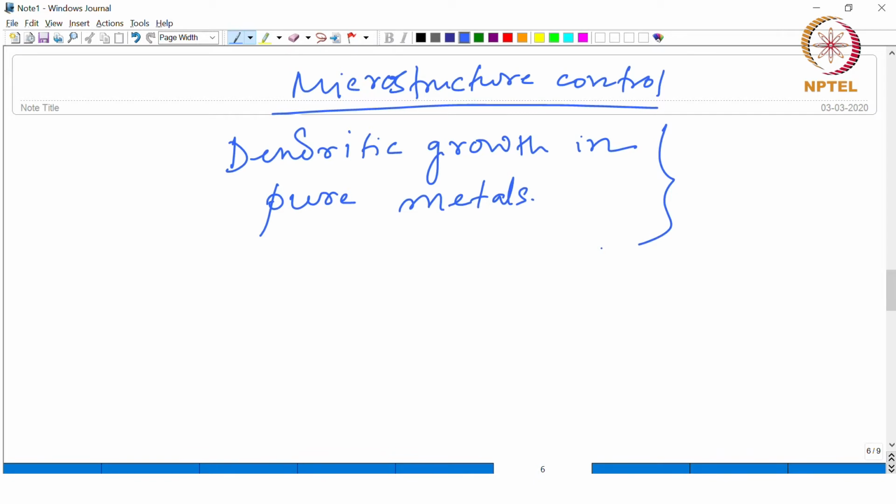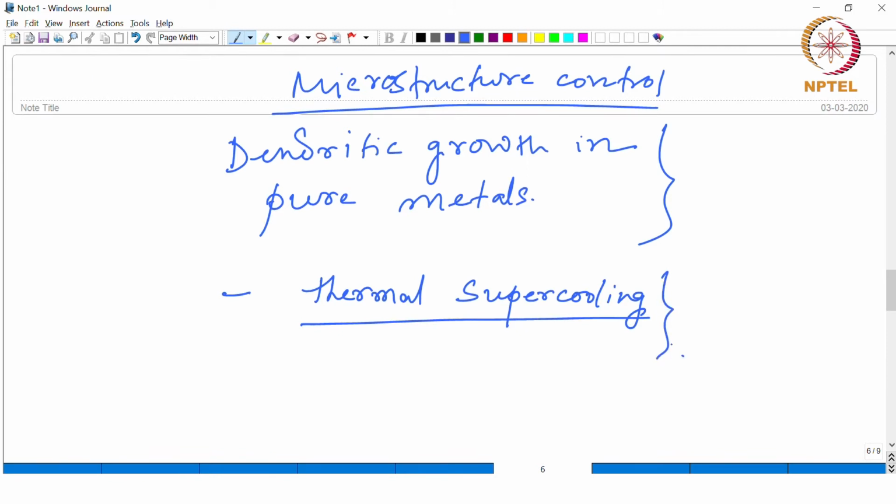Here one thing that we have discussed is the fact that the driving force for the dendritic growth in this case was thermal supercooling or thermal undercooling, which gives rise to conditions which are favorable for the growth of those dendrite arms. Okay. Now,